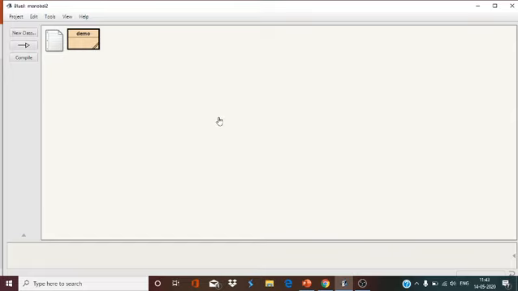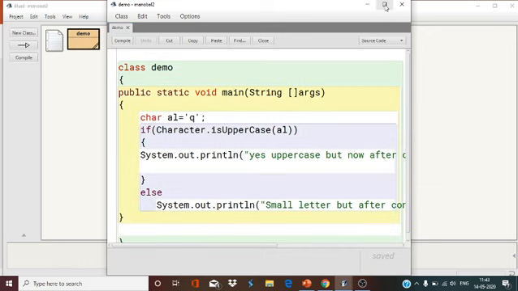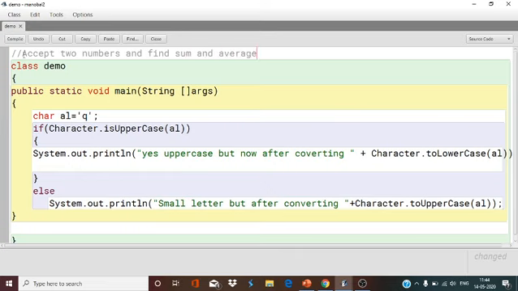Suppose I'm going to write a simple program in Java. The question is: accept two numbers and find sum and average.